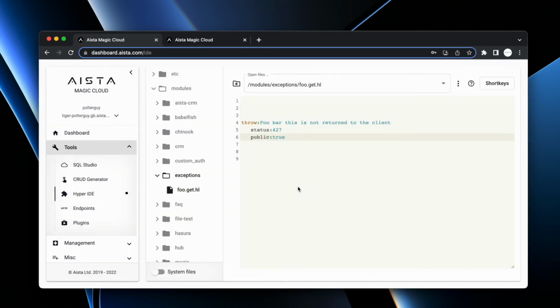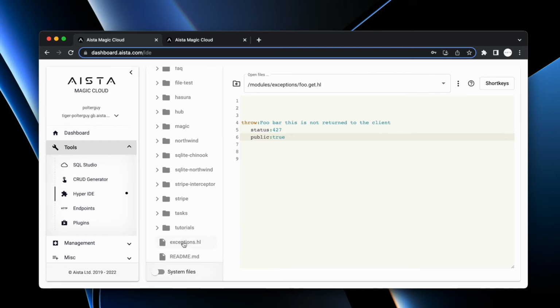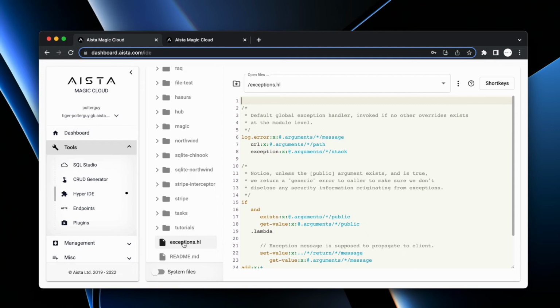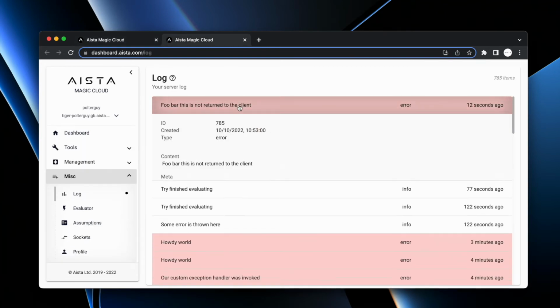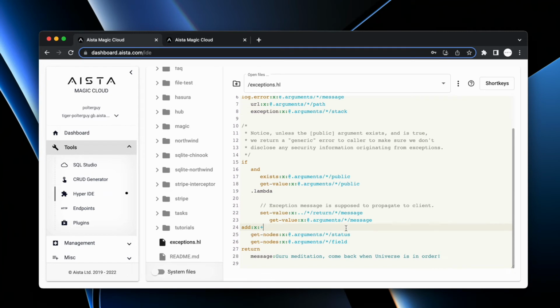Then let's have a look at one more detail, which is this little file down here at the bottom. What is this? This is the default exception handler in your cloudlet, meaning that every single time an unhandled exception occurs in your cloudlet, this piece of Hyperlambda is executed. This is why we will find a log error invocation when an exception occurred and it's not handled in a try catch block. And this one basically is the one that returns guru meditation, come back when universe is in